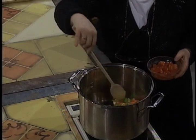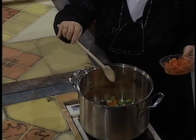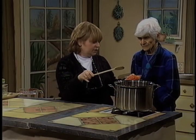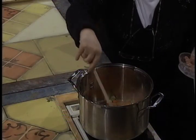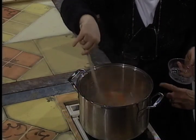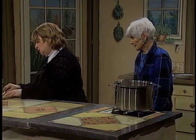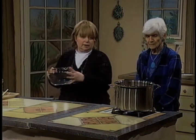So the only difference here is I've added a little yellow pepper. And now I'm going to add some tomato. Now normally I let the onions get a little more clear, translucent, and then I'll add the tomato. Stir that around. And then I'm just going to add my water. Cold water, because that will release